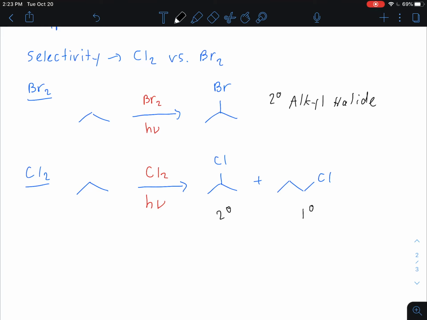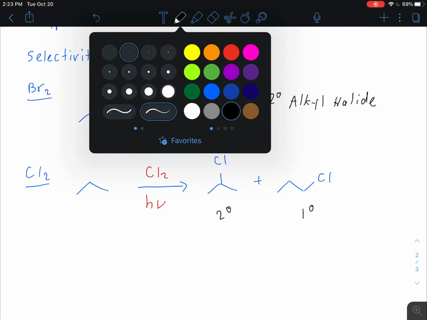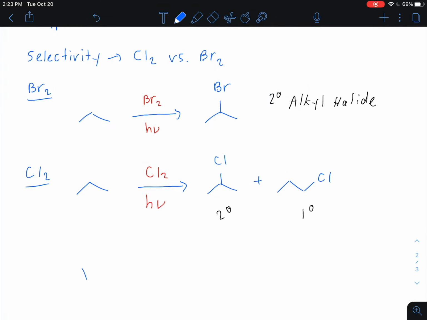If my goal is to only add the halogen to the more substituted carbon, then I would do that with bromine. If that's not my goal, then I would do it with chlorine. And while we're here, let me add one other piece of information, we'd rather use chlorine, right? It's easier to work with, it's less wasteful. So then you'd say, well, when would be a good time to use chlorine? Maybe something like